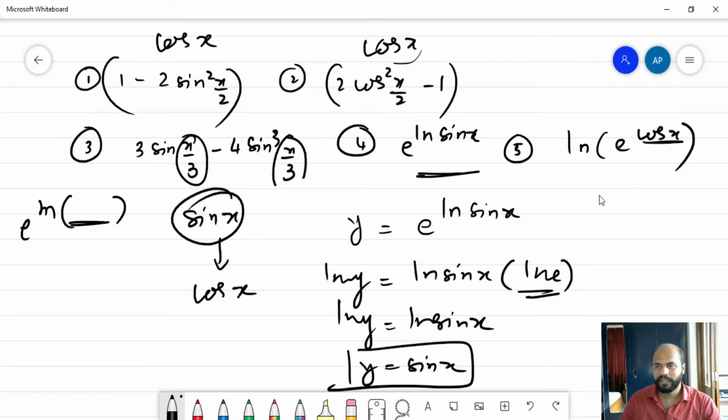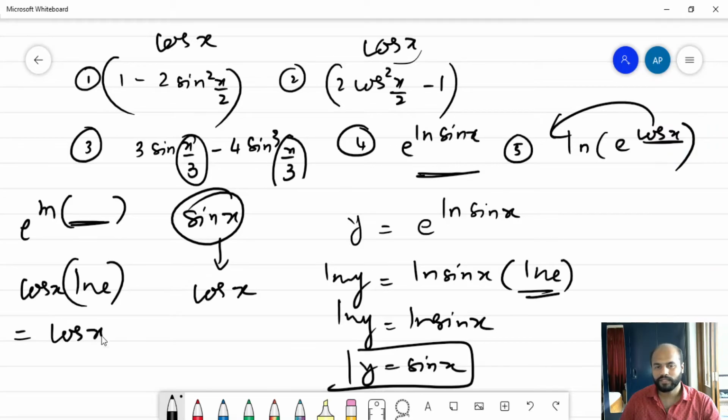Similarly, when we write e raised to ln of e raised to something, it means that this power can be brought down also. So it's going to be cos x ln e, which is nothing but cos x, because ln e is 1, derivative of which is minus sin x. So overall, sometimes, although the function is complicated, we have to first see whether that function can be simplified and brought in a simplified form. Only after bringing it in simplified form, we can find its derivative very easily. Of course, there are techniques to handle the function in this form also, but our purpose is to simplify and make it as simple as possible.